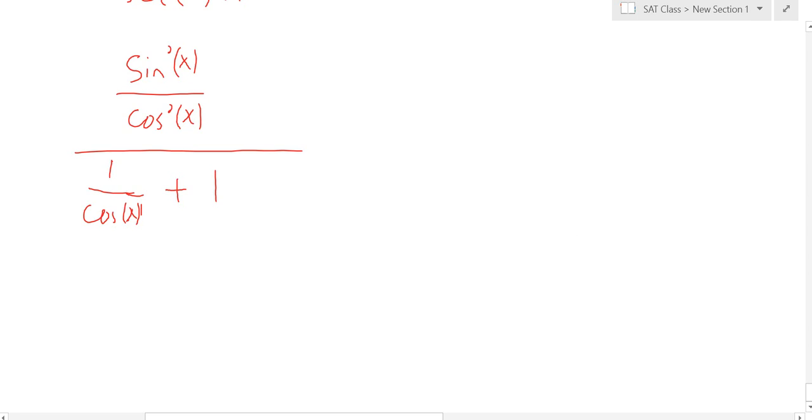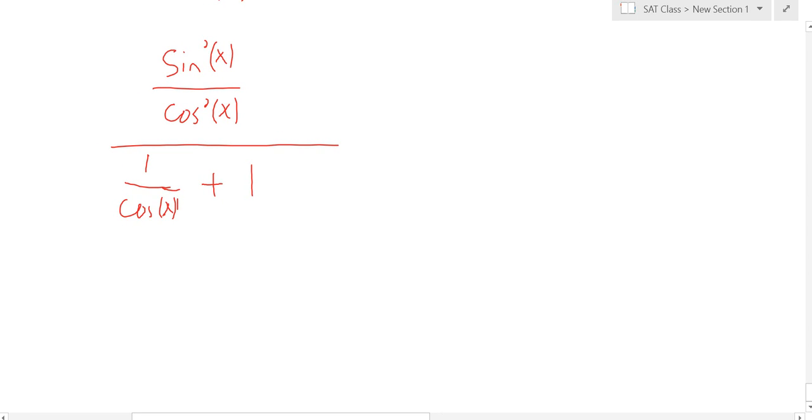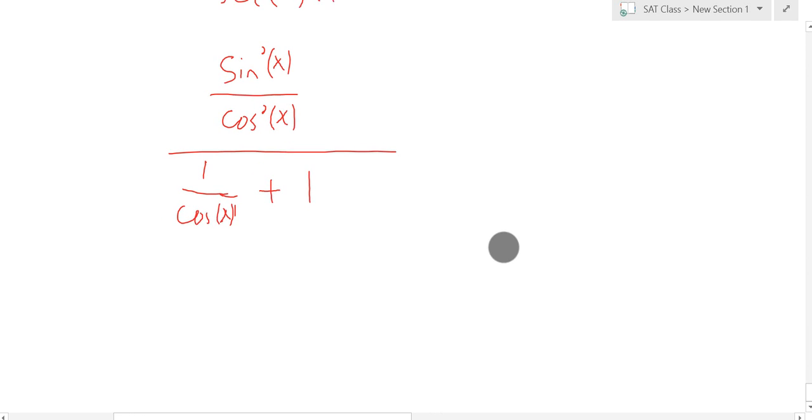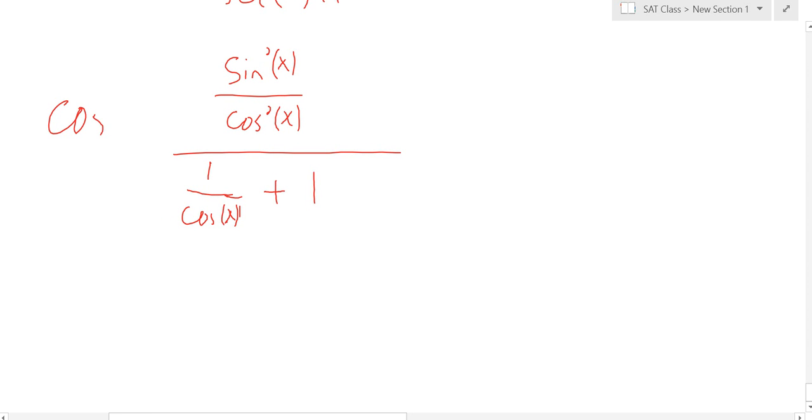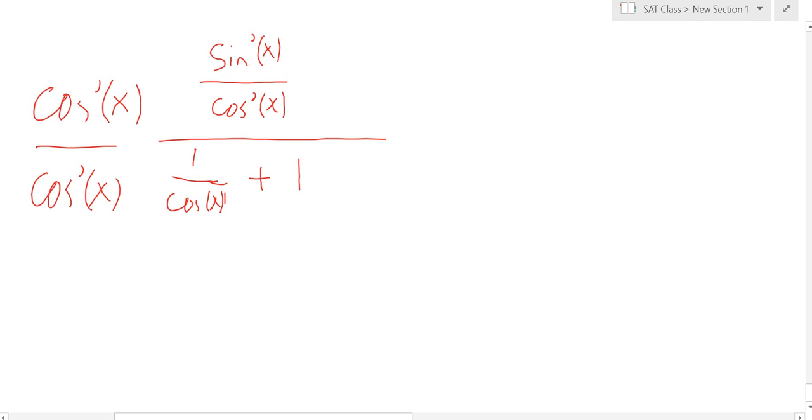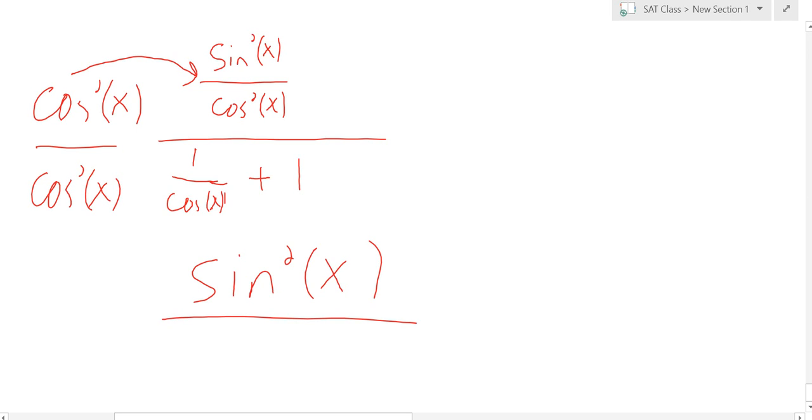And then what do I need to multiply there? So we got these complex fractions we don't want. What do we got to multiply by? Cosine squared. If we multiply the top by cosine squared and the denominator of the big fraction times cosine squared, that's going to crush those little fractions. We're going to get rid of them. Because cosine squared times the top is just sine squared. And if we multiply cosine squared onto the bottom,